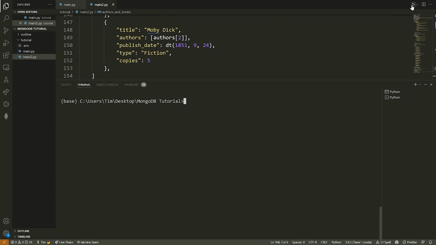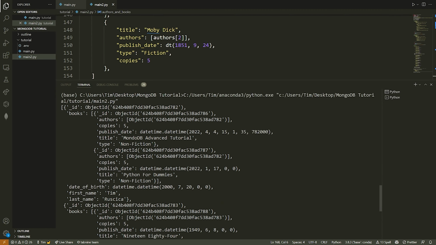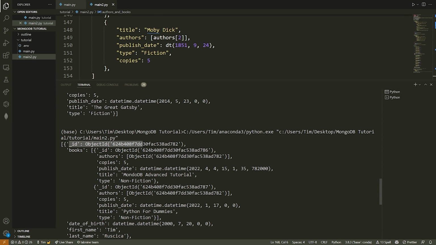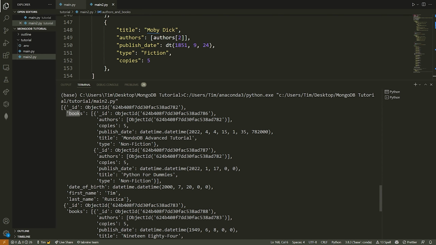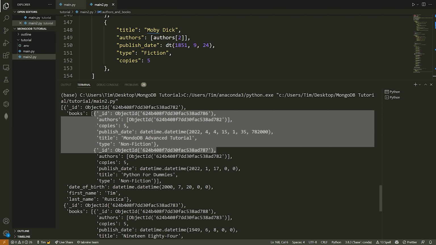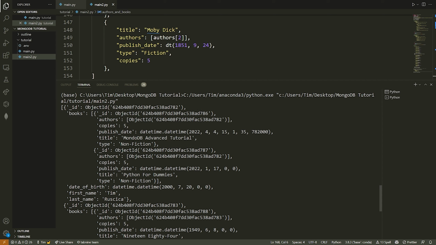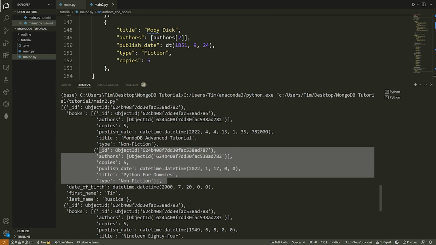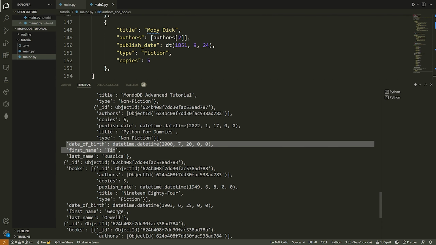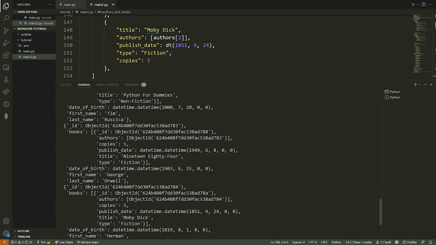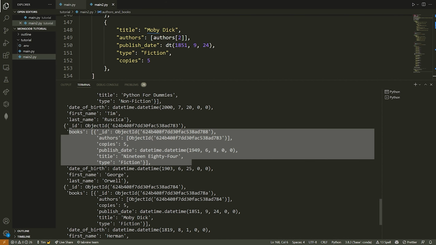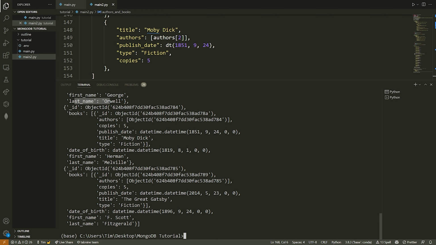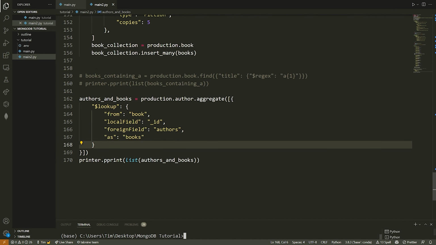Let me clear the screen. And notice that I get all of my authors. So I have the ID of my authors, and then I have books. And this contains embedded documents of all of the books. And that's what our aggregation operation did. So we have this book, another book that Tim wrote, date of birth, first name, last name, etc. Continuing, we have the next books, date of birth, first name, last name. You get the idea. There you go. That is how you perform a join operation in MongoDB